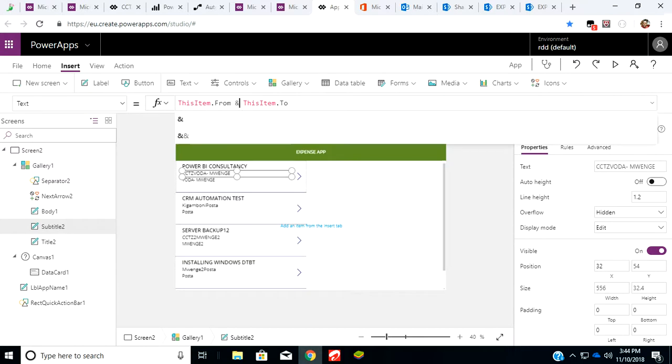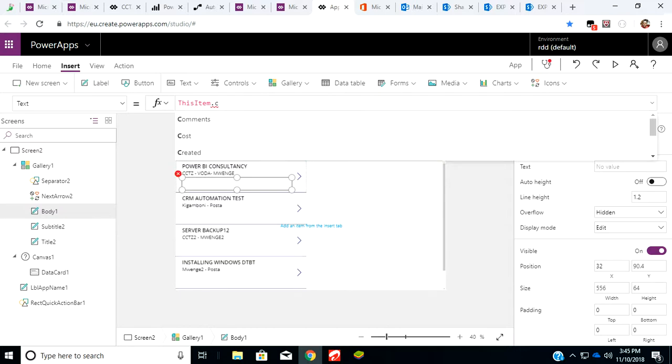So maybe we can concatenate it with this one, and here we put this. So this will show from to the location. And also down here it was too. Now you can say you want to get the cost,